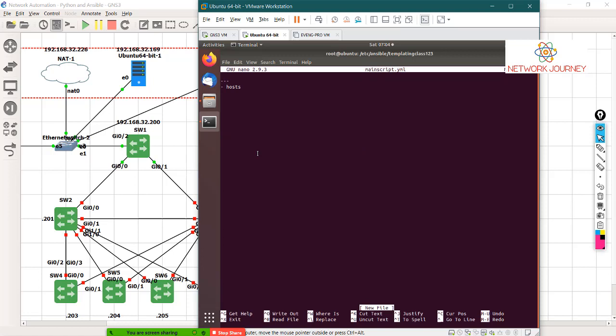Let's do the same thing which we've been doing. We define hosts. We have automation switches. We say gather facts no. We say connection to be network CLI. If you have an enable password, you can set that. You can say become yes, become method enable. This is for having the enable set. If you don't have it, you can take it out.